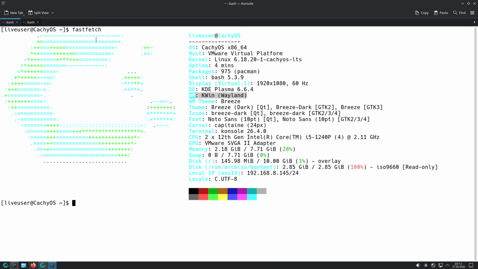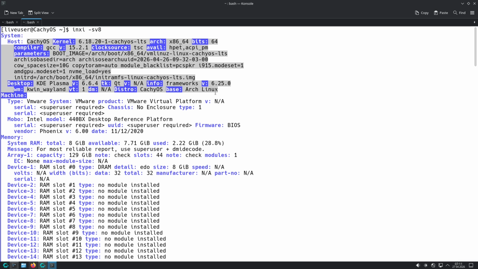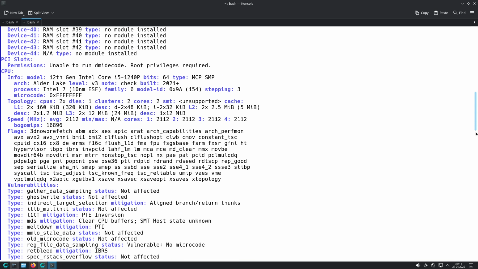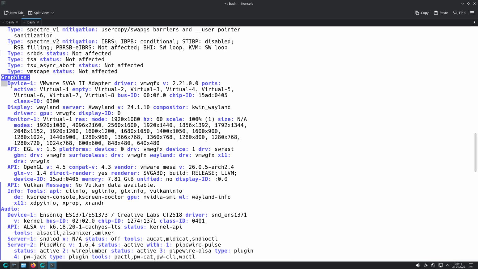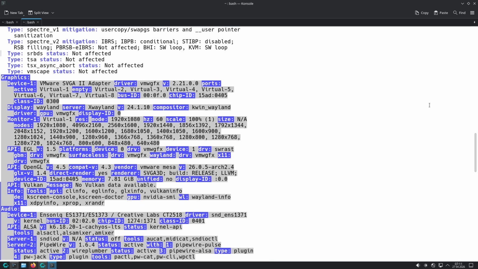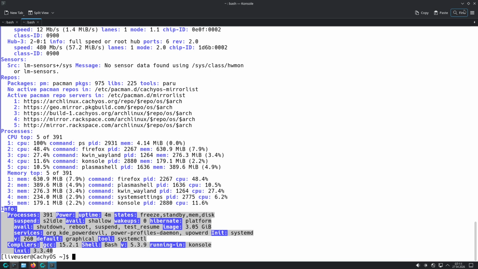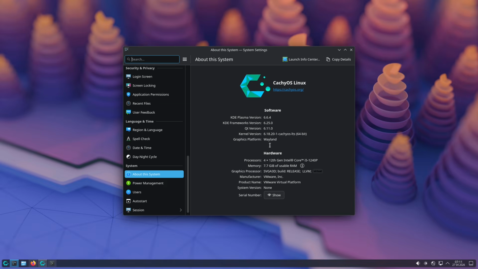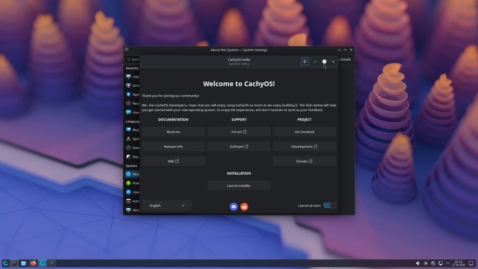This April release keeps the solid foundation of the Linux 6.18 LTS kernel as the default. That's a reliable, long-term supported choice that ensures stability for most users. But if you want to live on the bleeding edge, the team has made the brand new Linux 7.0 kernel available directly from the repositories. You can install it as an alternative whenever you are ready to test the latest upstream improvements, including enhanced scheduling